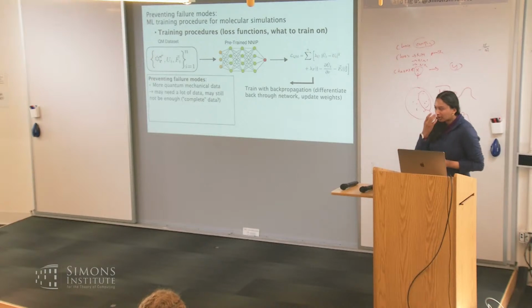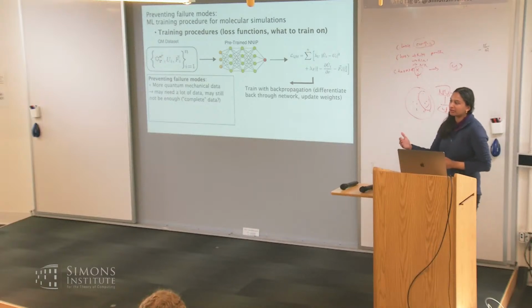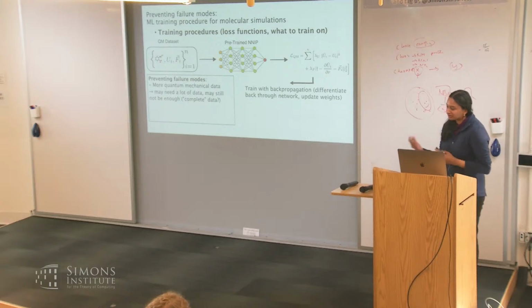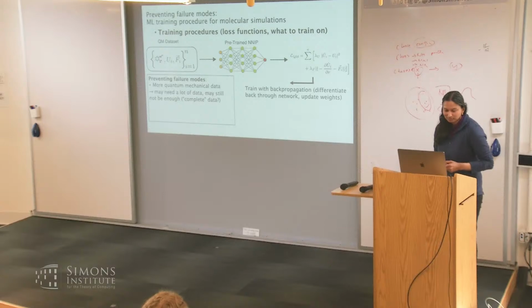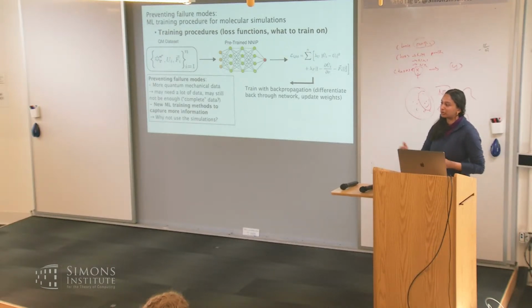There are two issues here, though. One, I focused a lot on the stability issue. The other thing is, when you run the simulations, are they actually reproducing what you want them to reproduce? That issue also tends to crop up. But I do think this idea of using both of these data sets could have a lot of promise. The issue is that for some classical force fields, for some systems, at this stage, they're very bad right now. That makes it complicated if they're completely uncorrelated to what you would get from QM.